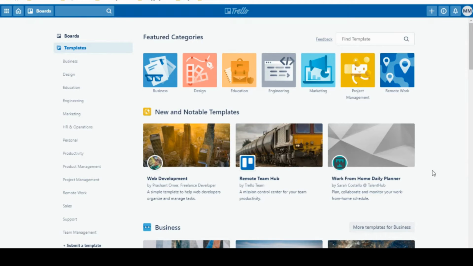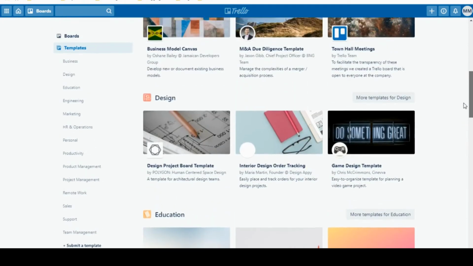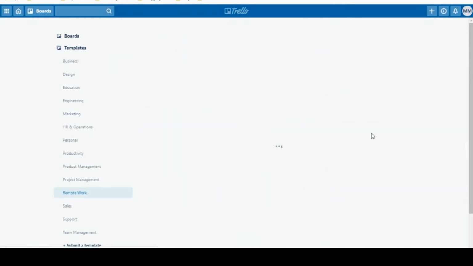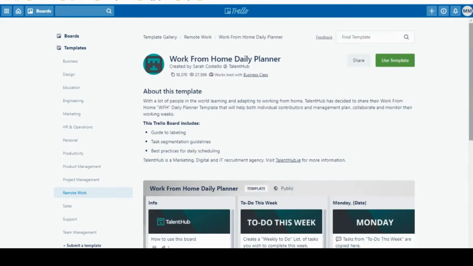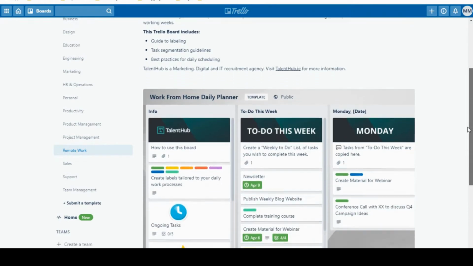If you want to get ideas on how to use different Trello templates, you can browse through all the different templates that are available for you to utilize as well. If you wanted to, let's just click on one of these. You'll see a little description section up here, and you'll see an actual overview of the board as well.